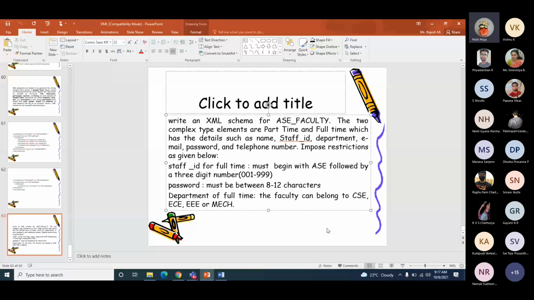So basically, for staff ID, department and all, whatever has restrictions, we will be writing a separate structure, just like how we wrote for phone number and then combining it into full-time and part-time, no, sir? Yes, that will be combined again in the ASD faculty. I haven't coded it. I was just writing it down and making a structure. Sure, I will do.